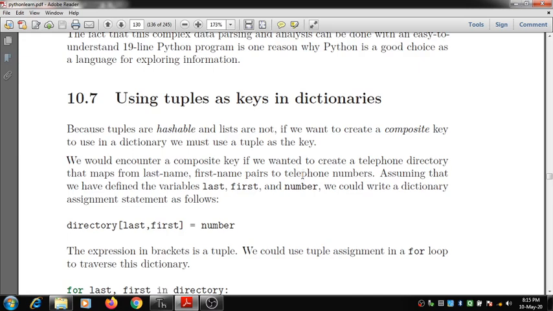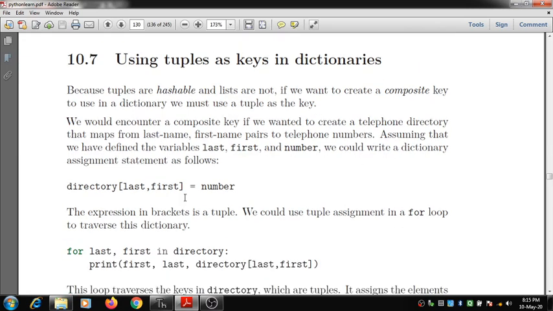So how do we do that? Assuming we have defined variables last, first and number, we could write a dictionary assignment statement as follows: dictionary[last, first] equals number. The expression inside the brackets is a tuple.